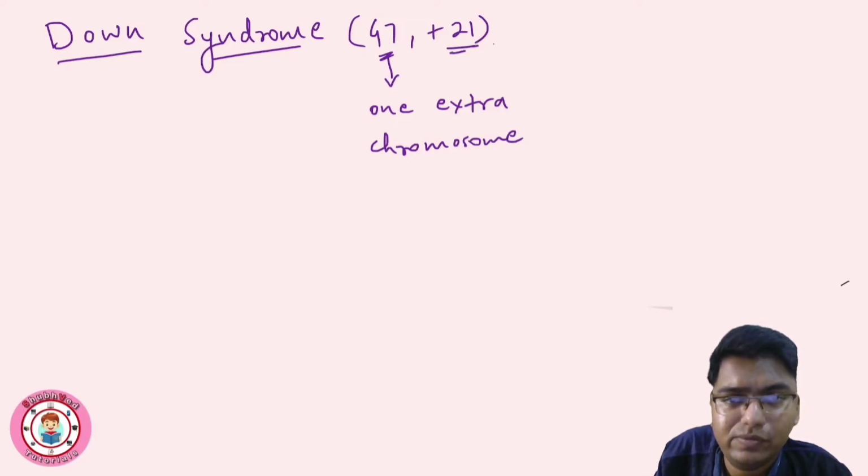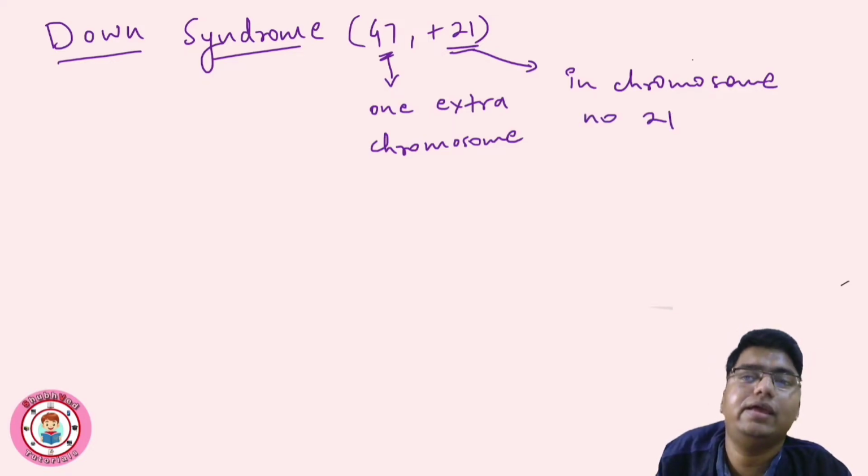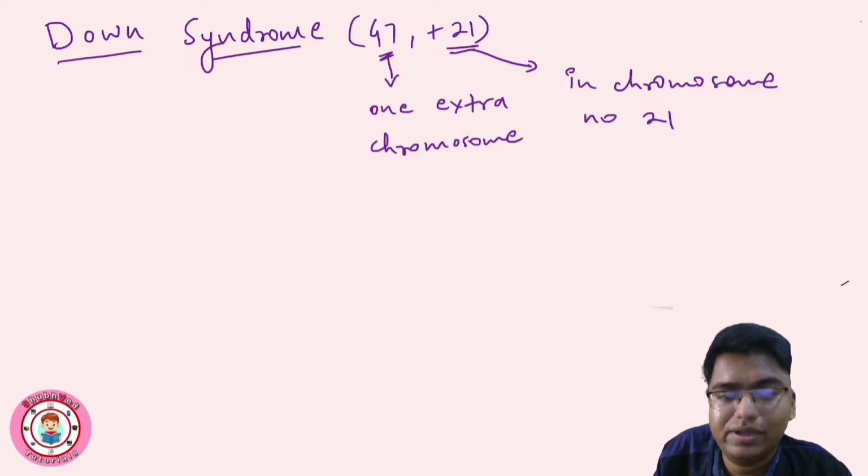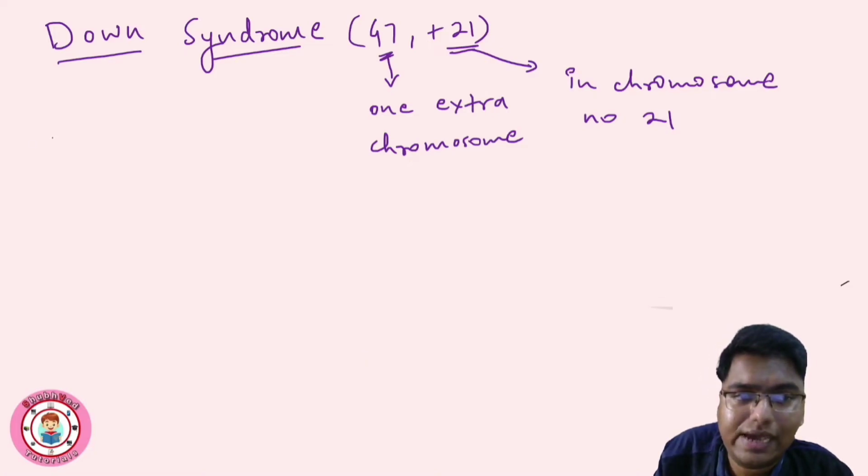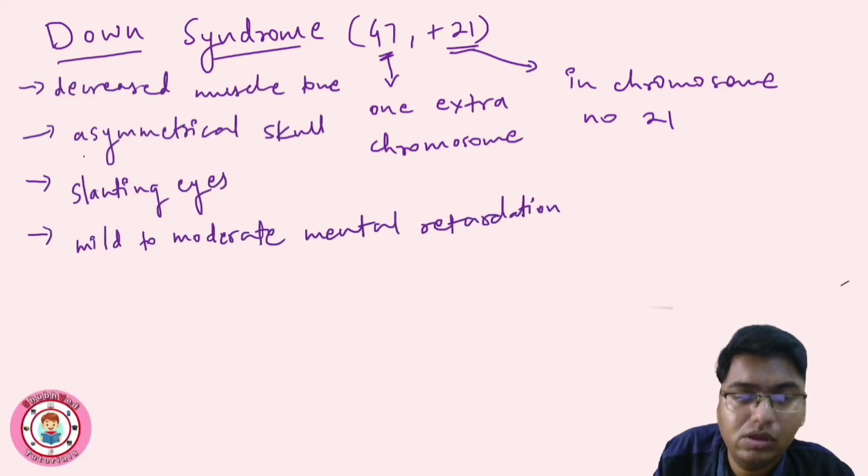Plus 21 means in chromosome number 21. Previously, we have discussed karyotype. So here, when we analyze the karyotype, instead of two chromosomes, three chromosomes will be seen. So this is Down syndrome. The characteristics of Down syndrome are decreased muscle tone, asymmetrical skull, slanting eyes, mild